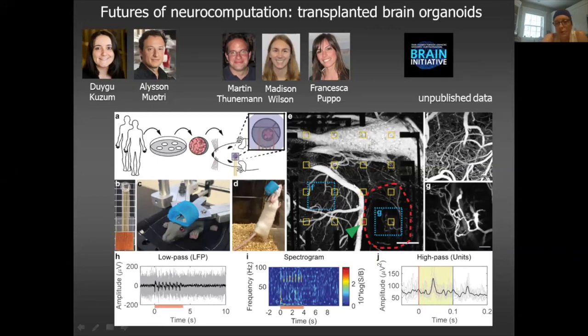We can see that there is vascularization of this transplanted human organoids, and we can see that there is some kind of neuronal activity that develops with time. These are very preliminary results, but this may be useful as yet another model system. However, as you can imagine, we would need to come up with all these new modeling tools for this type of systems, because the organization is going to be very different from the organization of normal cortical tissue that we are